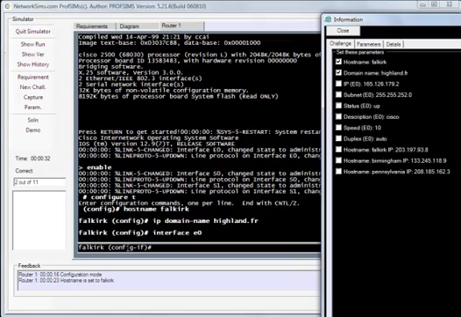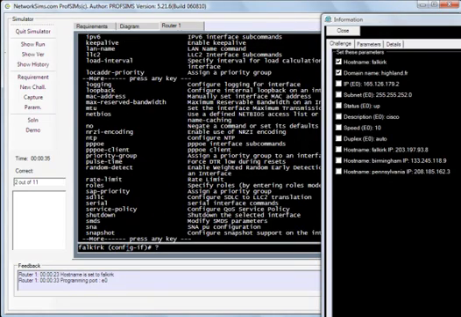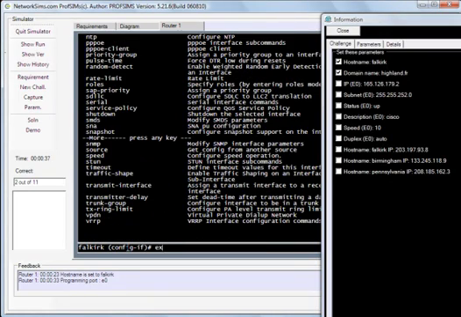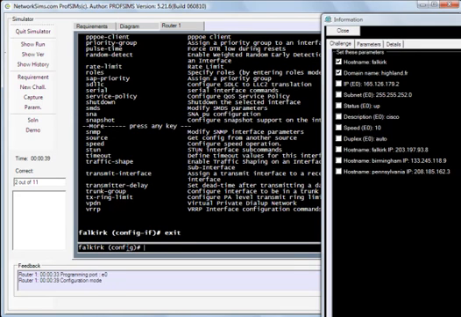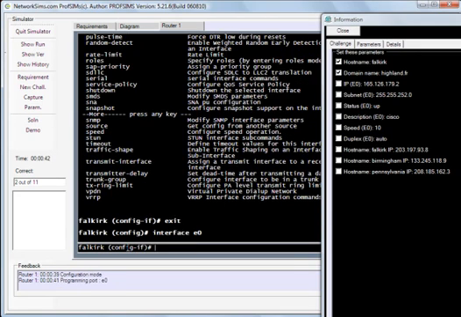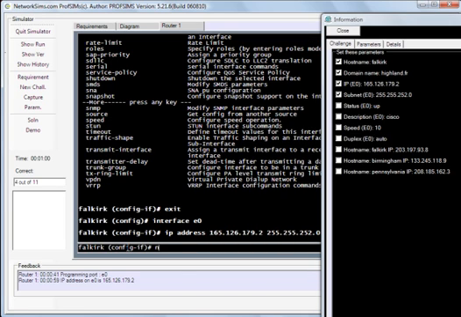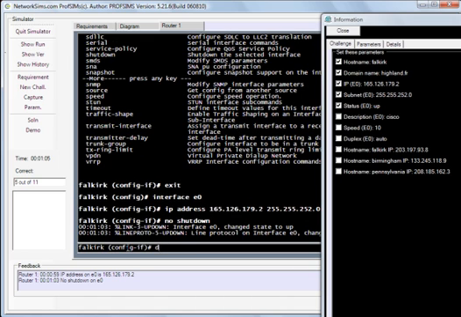Interface A0. So anytime we can press the question mark to get some help. We can exit from a level. So we'll go back and configure the A0 interface. So in this case we need to set up an IP address of this 179.2 and then a subnet mask 255.255.252.0, and then we'll shut down on the interface to bring it up, give it a description,